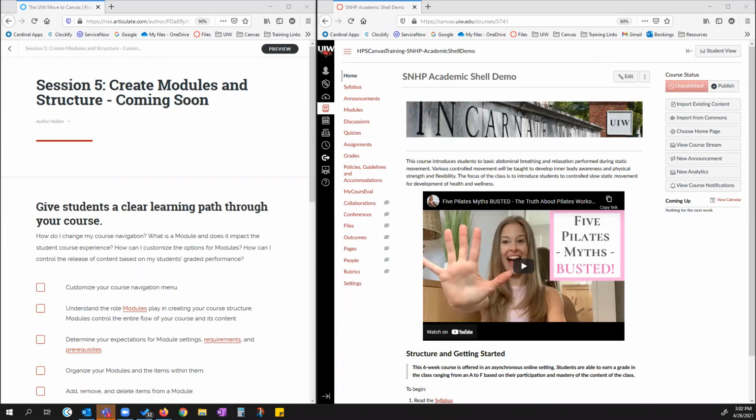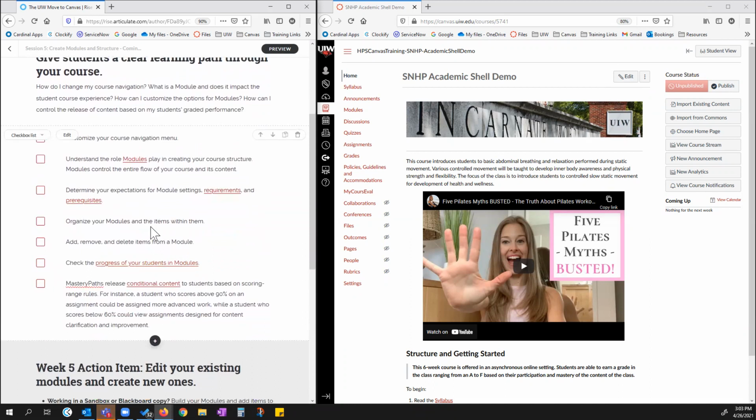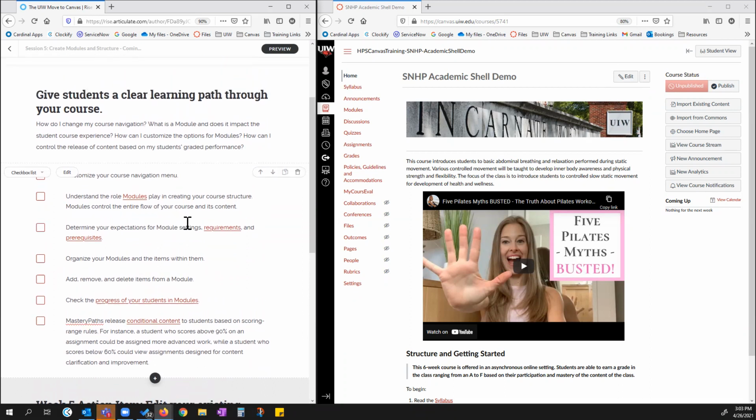This is the fifth session, the fifth week that we've met, and the topic today is to create modules and structure. So I'm sharing my screen, and on the left-hand side, it still says coming soon, even though it's fairly built out. I wanted to find a few more resources to really flesh this topic out fully, but for now it will suffice. So basically, when you create a Canvas course and you're teaching and using Canvas, you control